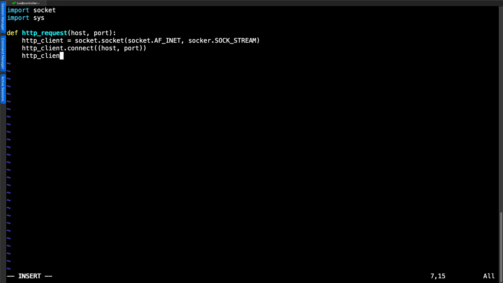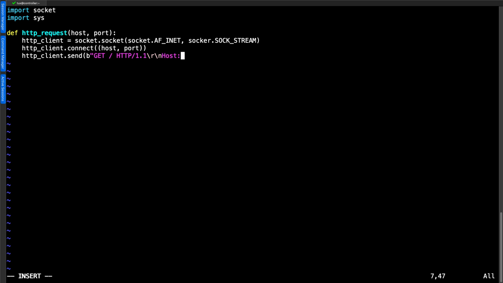We need to send some information now. So we can pull up our send method from our client. And as we open up our parentheses, the first thing we're going to do is just put b for bytes. So we're sending byte data through. We open up our quotes for our string, and we can then specify our GET HTTP 1.1, so a normal HTTP request. And we can then specify a new line, so return a new line.